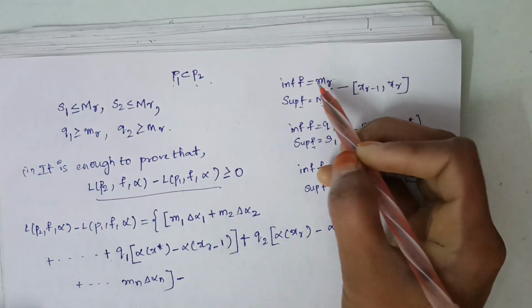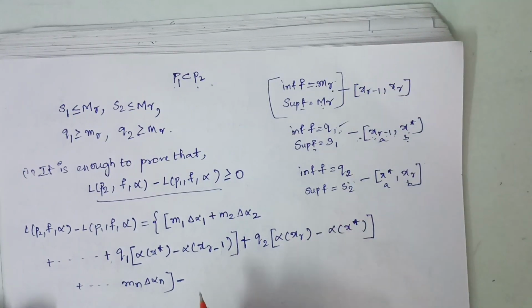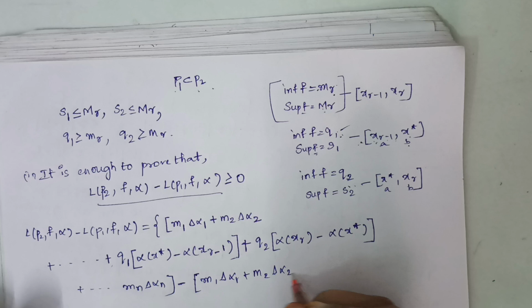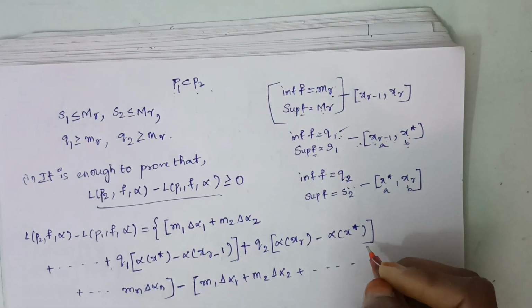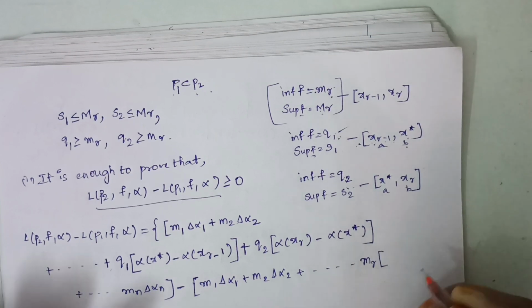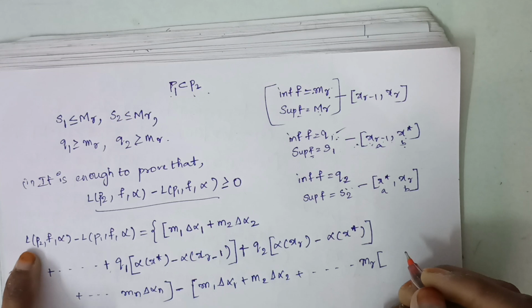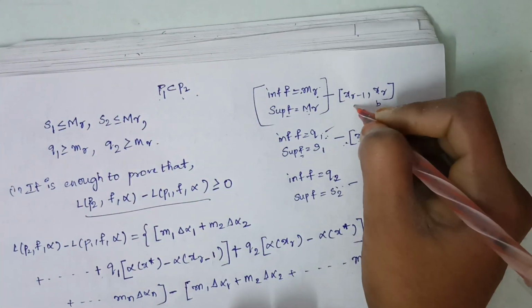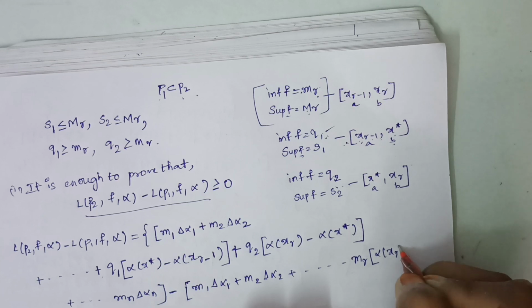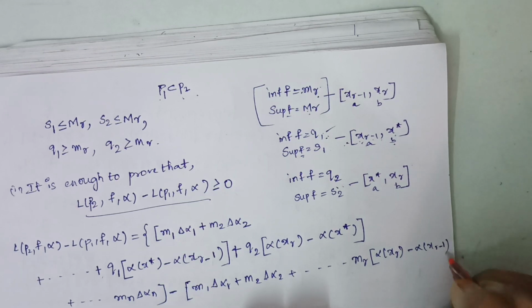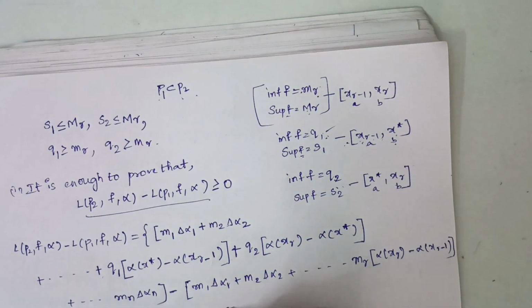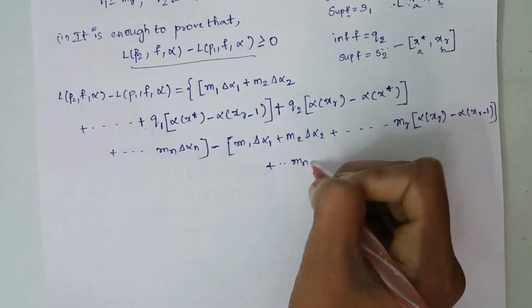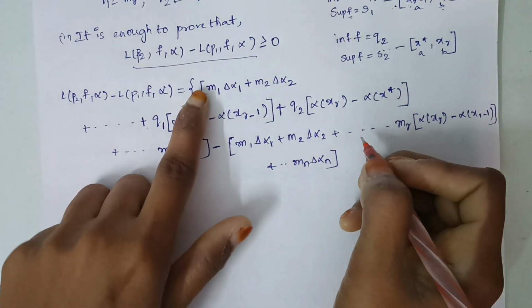And in the P1 partition, we have only this one, which is nothing but the same: M1 into delta alpha 1 plus M2 into delta alpha 2 plus and so on, up to Mr into infimum, because lower Mr is small mr, which is the infimum, and mr into, this is B and this is A, so alpha of x r minus alpha of x r minus 1, and close this, plus and so on, Mn into delta alpha n, and close this one. Okay,